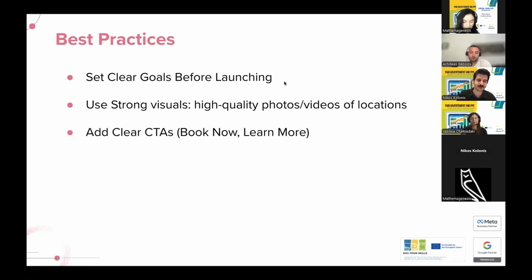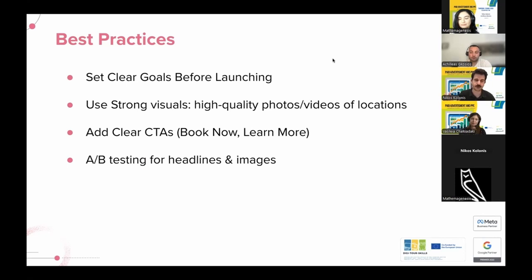Another very important thing is you need to add a clear CTA. CTA stands for call to action. And these are usually in the form of a button. It's the thing that directs the user on what they're supposed to do. Like, I've seen an ad. Okay, what am I supposed to do now? So you need to direct the user with a CTA that says, I don't know, book now might be your CTA. It might be learn more. It might be continue reading. But whatever it is, it needs to be one thing and it needs to be very clear.